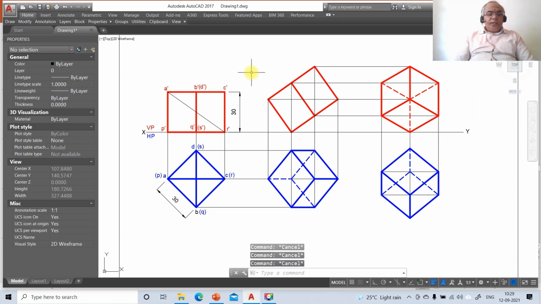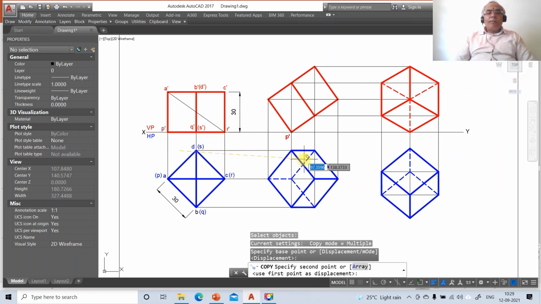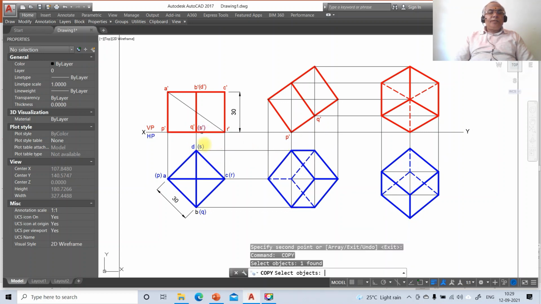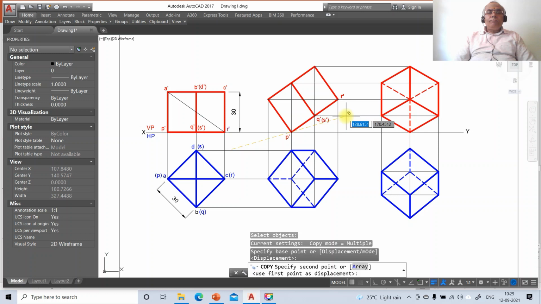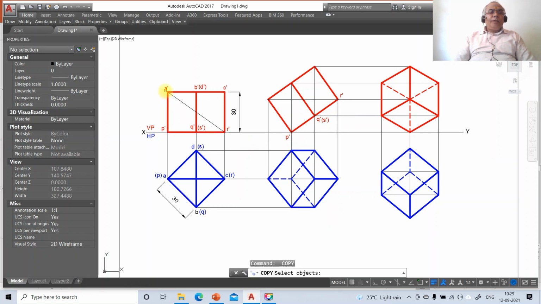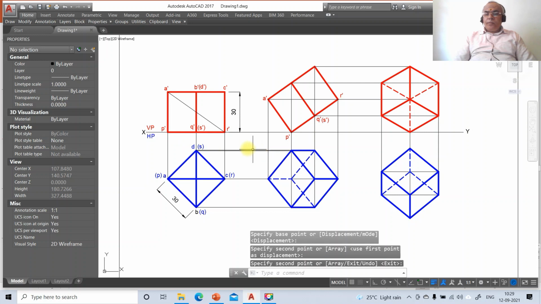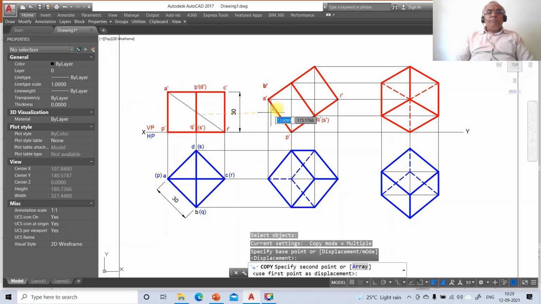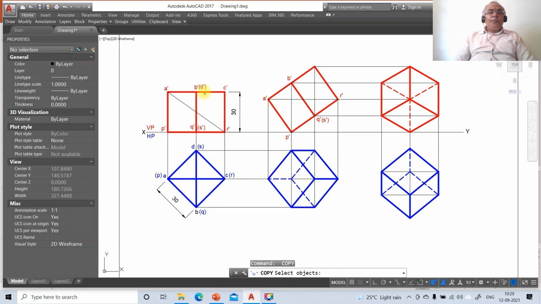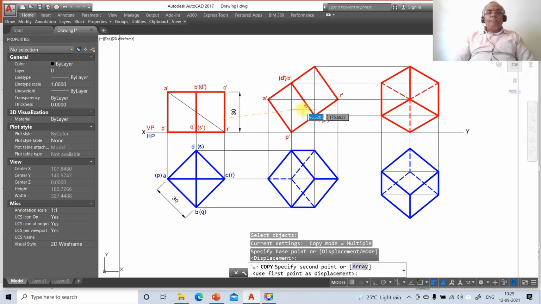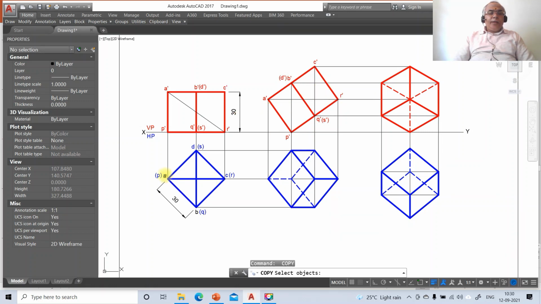Once you do that, then just go to copy, you take it as P dash here, then you copy Q dash, then you copy S dash, then you copy R dash, then you copy A dash, then you copy B dash, then you copy D dash, then you copy C dash, then you copy A,